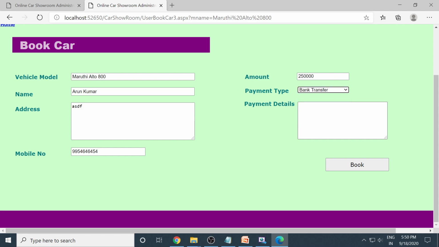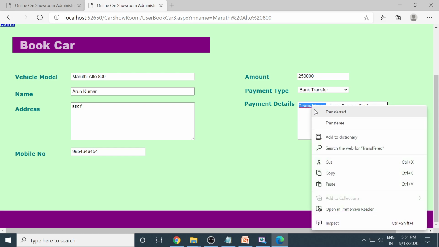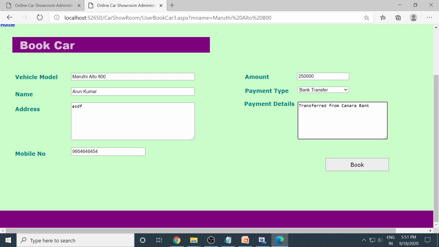So this is a bank transfer. You can specify how you have done this. Transferred from Canara Bank. Right. Then the transaction number is.